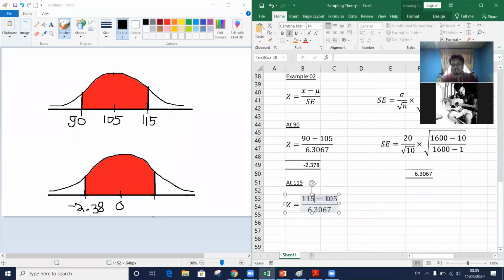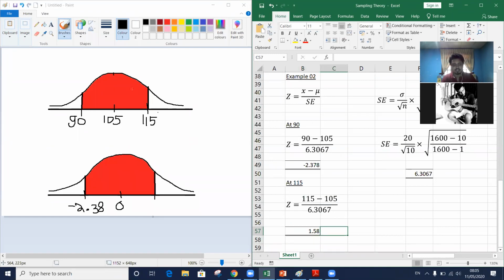Right? X minus mu divided by standard error of mean. Now what should be the Z value here? 1.58. Right? 1.58. Yes. 1.58. It means the Z value here should be